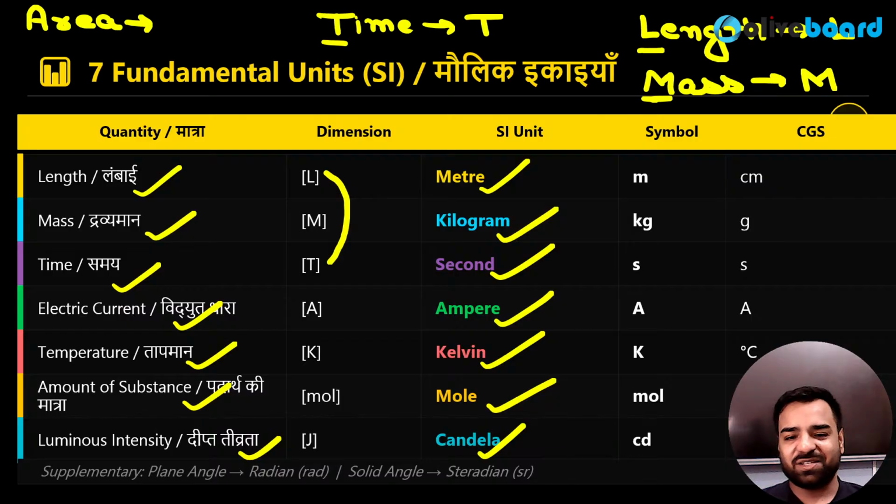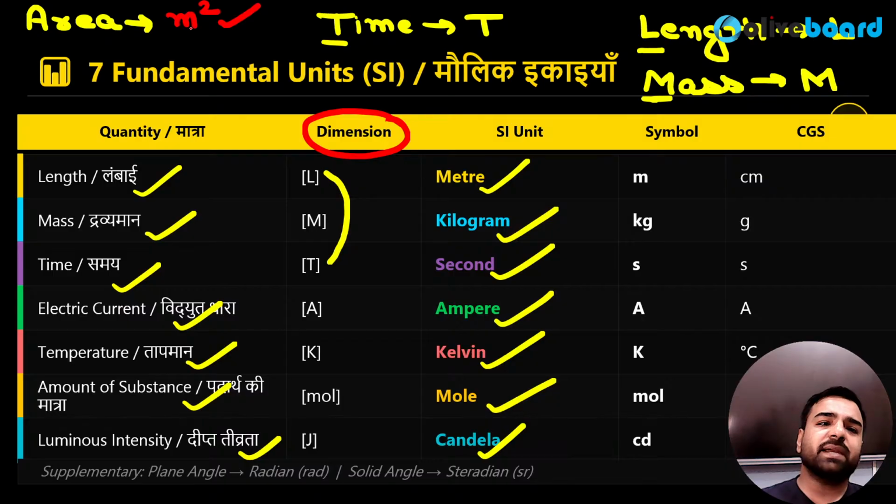So it's very obvious, sir. No need to ask. We can easily tell. The unit of area is meter square. What is it? Meter square. So I'll write for you. The unit of the area will be meter square. But I'm not asking about the unit now. I want to know about the dimension.